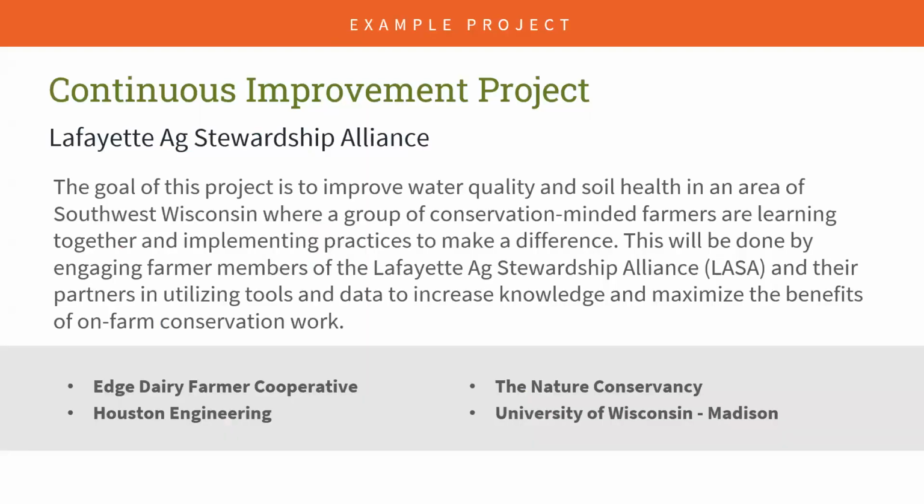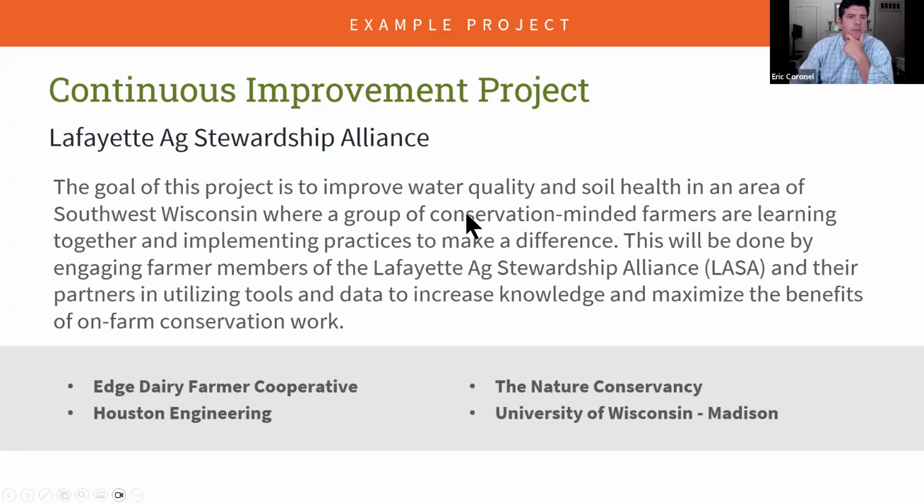I wanted to share a quick example. This is all public information, but for example, this is one of the projects happening with a dairy in the upper Midwest. The Ag Stewardship Alliance is a project that cares about improving water quality and nutrient efficiency. In terms of the partners at the bottom, if I go to the next slide, it will show